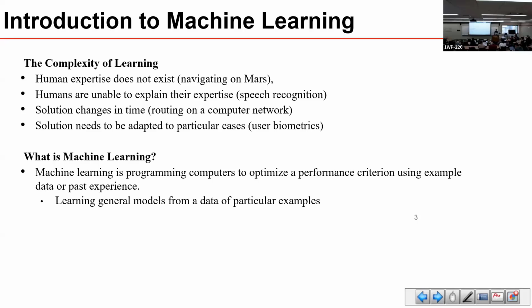The second case is that humans are unable to explain their expertise. One example here is speech recognition. I know that everyone can understand what I'm talking about now. I hope so. But we know that sometimes, even if you can understand what I say, you don't know how you understand it. It's a very complex activity within your neurons, within your brain. Okay, you know the output is that now you can understand what I said, but maybe you don't understand everything that happened in your brain. In that case, we also need to try to find a way to learn, because it's not